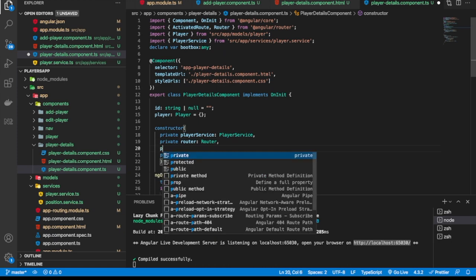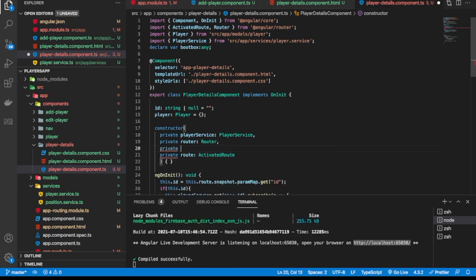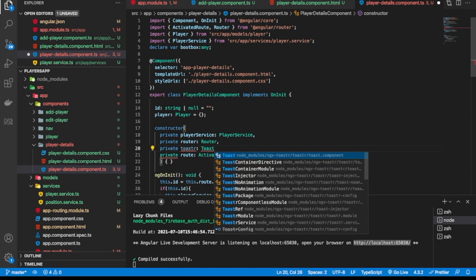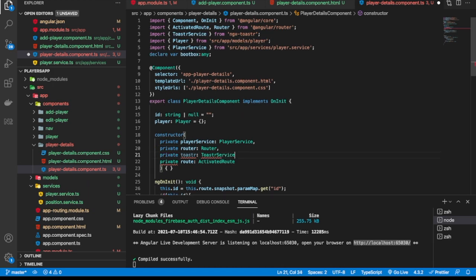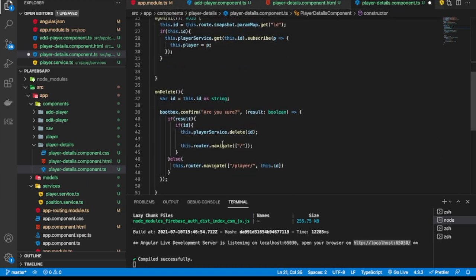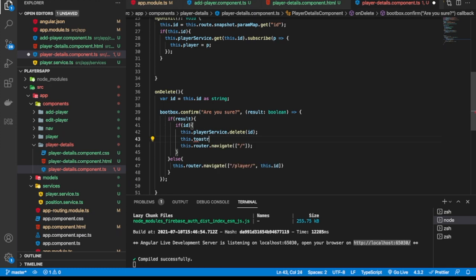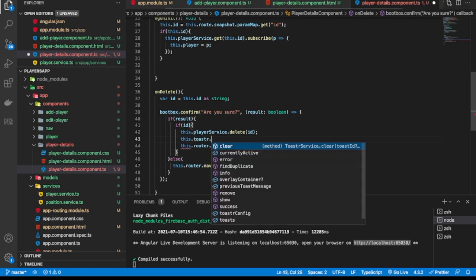So I'm going to put the private variable and we add toast service, and put this dot toaster, and then we can do